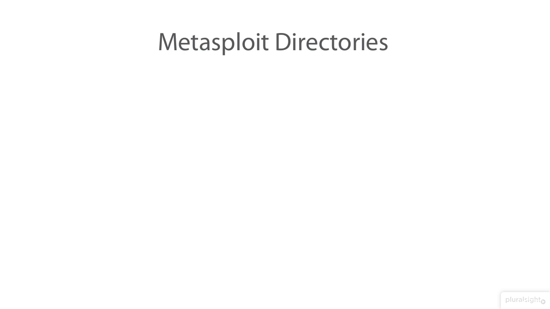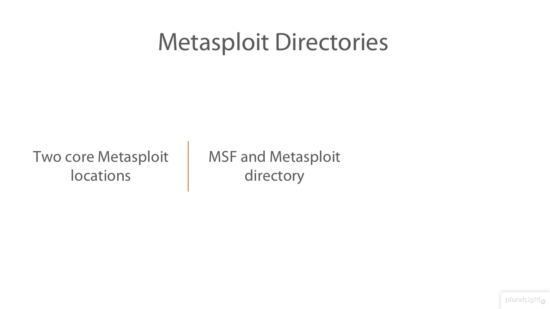So first off, let's talk about the directories. There are two core Metasploit locations. One is MSF, and it's actually a .msf. It's a hidden file location. And the second one is the Metasploit directory, or often referred to as Metasploit Framework, which exists on the system, depending whether it's Windows or Linux. For the purposes of this module, we'll be using a Linux machine to be able to traverse through the files